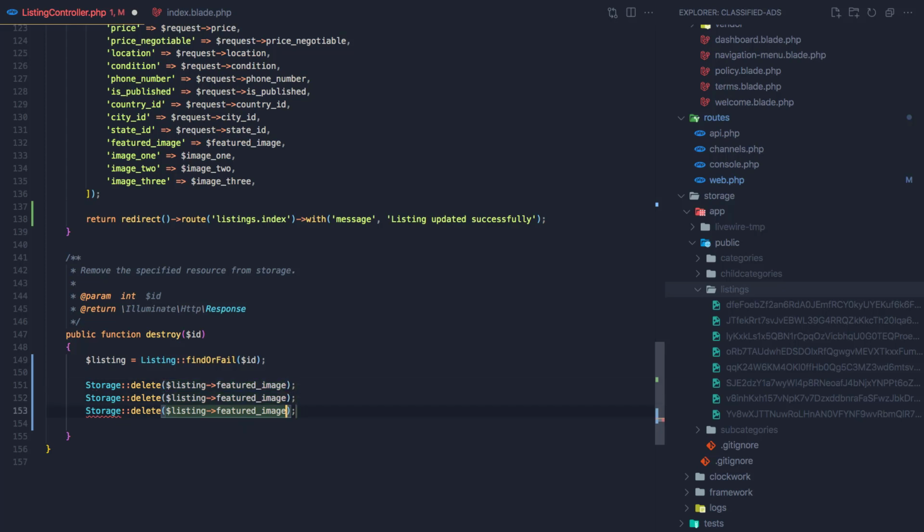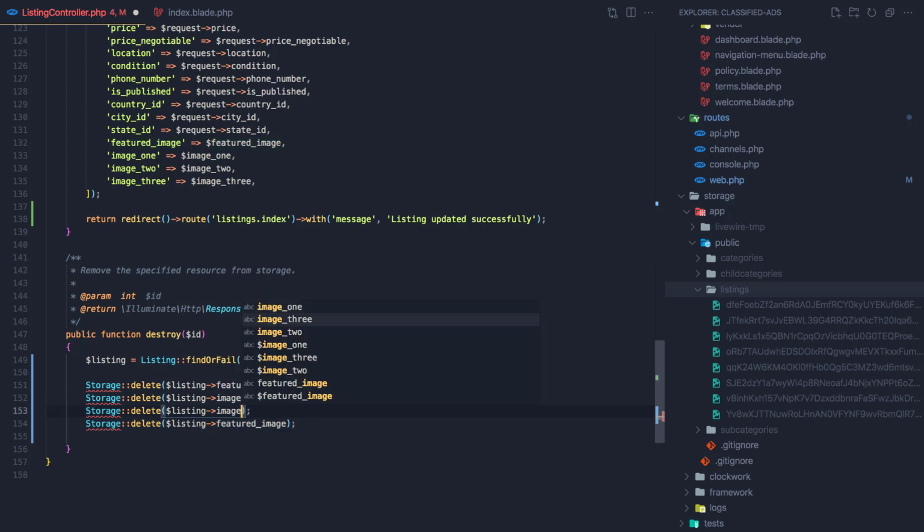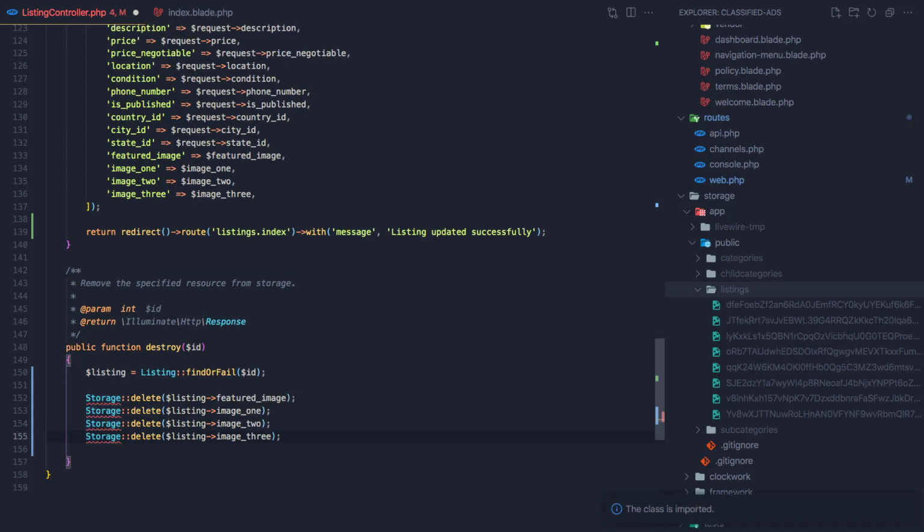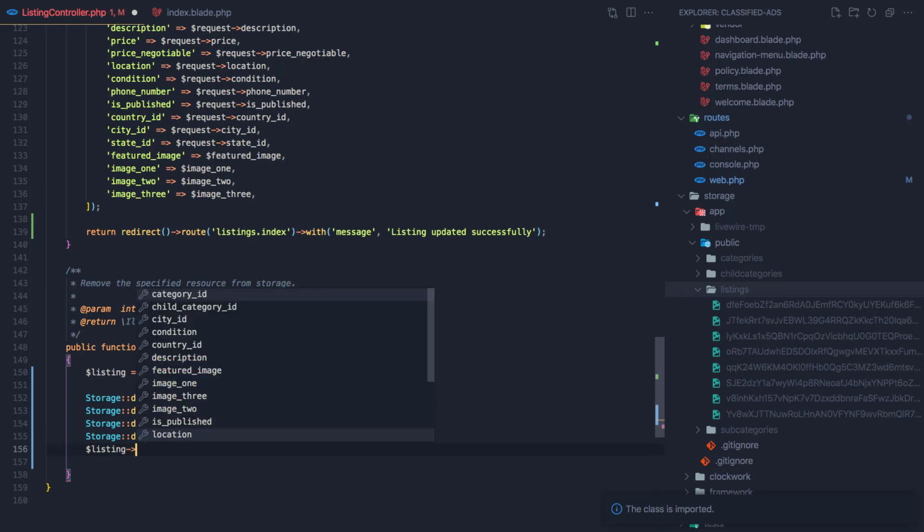Also copy and paste for the image 1, for the image 2, and for the image 3. We need to import the storage. Okay, after we delete the files, we delete the listing itself, listing delete,